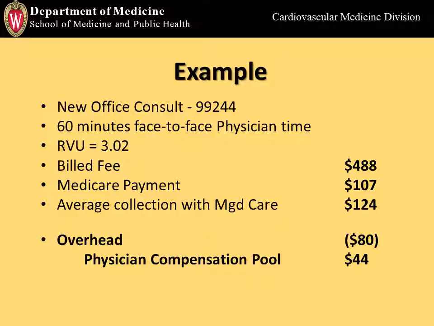Back to our example. In this example, the fee schedule is set by the physician's organization, and it's listed as $488. The organization would have used its own methodology for arriving at that fee. The insurance payer, in this case Medicare, set their reimbursement using the RVU multiplied by a conversion factor and then adjusted to the geographic area. 99244 has a relative value unit of 3.02. And in our Medicare market, the conversion factor is $35.75. So the payment is